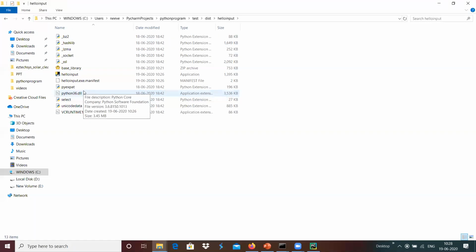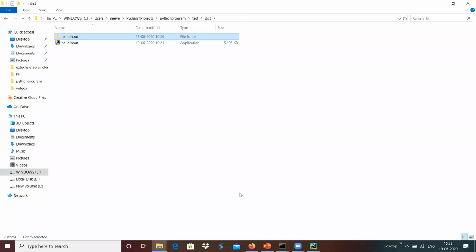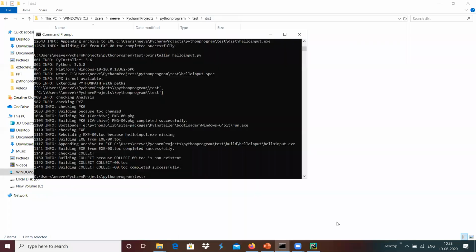It provides packaging in a directory format. If we want to create a single file format, we can do that with the option of py -one file, which will create everything into one single file. If we do not give any option, it will generate a directory with the needed files, like the DLL and respective modules. All those things will be copied and present in that particular directory.